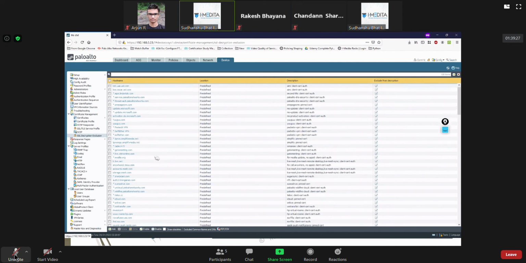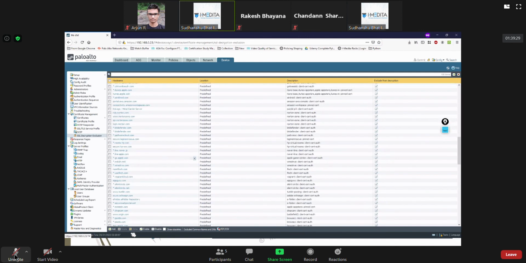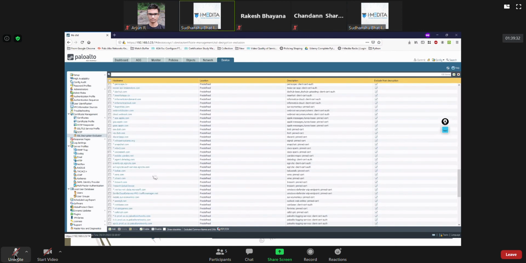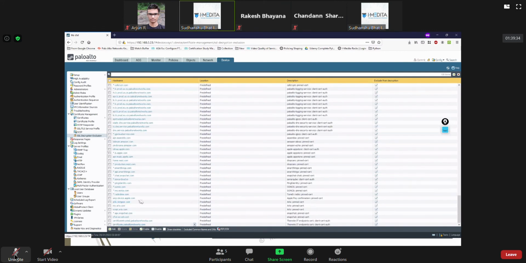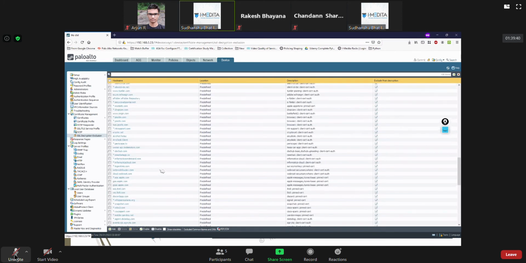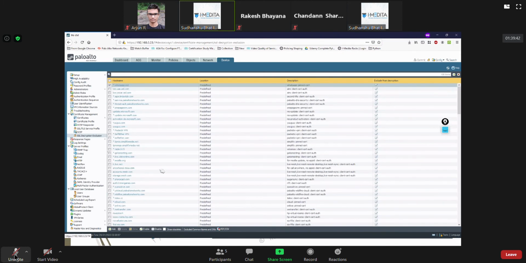Okay, so you can also add, if you have some particular website which you want. And these are actually the websites or applications which do end-to-end encryption. So you had asked a question some days back, one or two days back, about what happens with the end-to-end encryption thing. They are really end-to-end encrypted. I'm not saying they are not. And they are excluded from decryption.